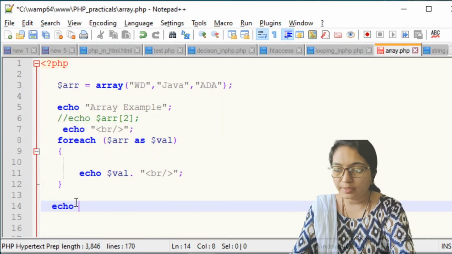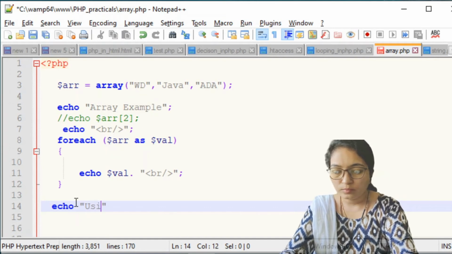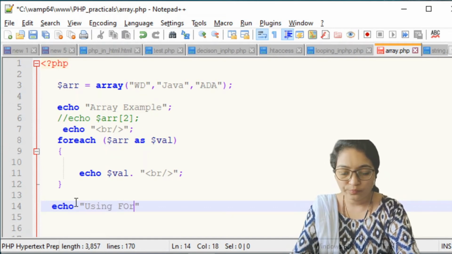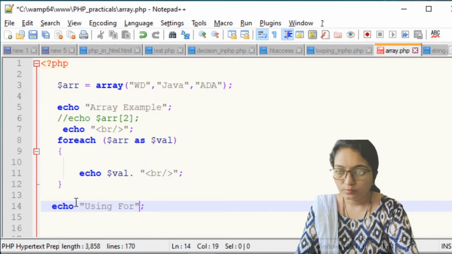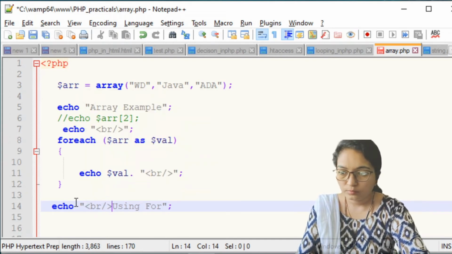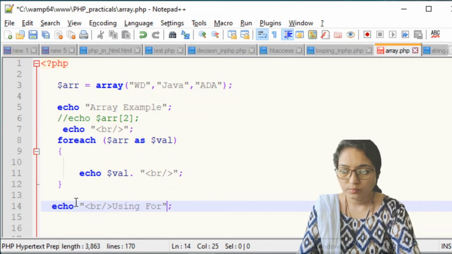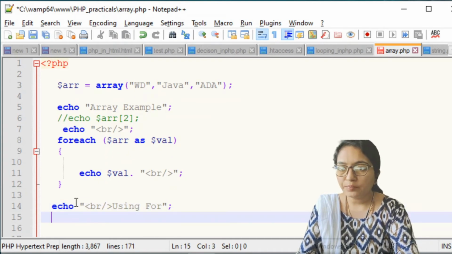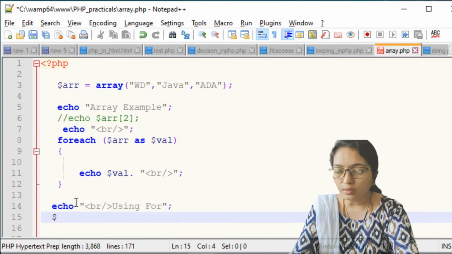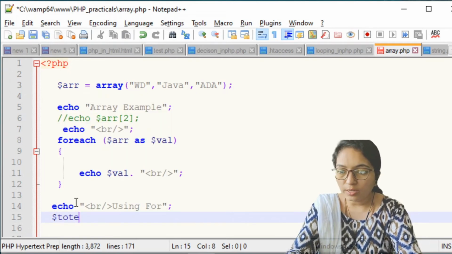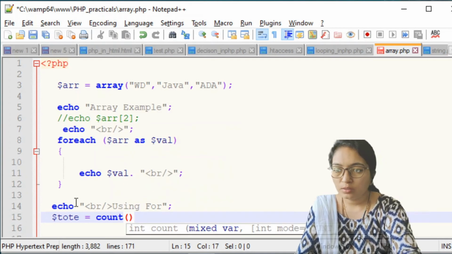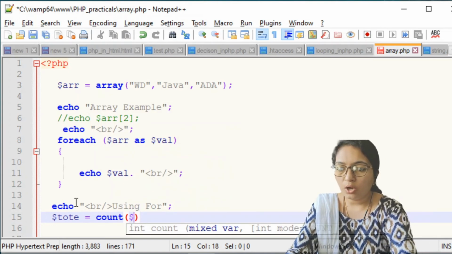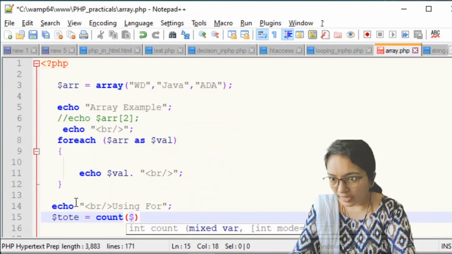Just print it, echo using for. Just after that, write down another variable, $total_element is equal to count, and our array name is what?